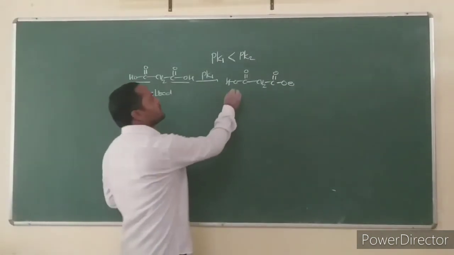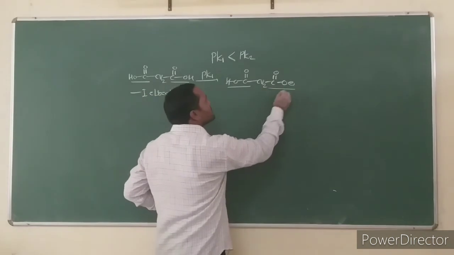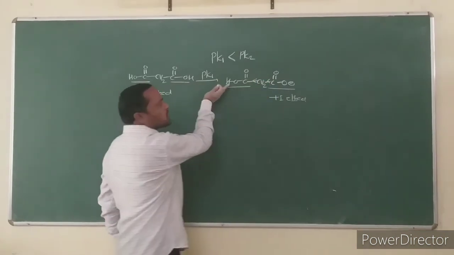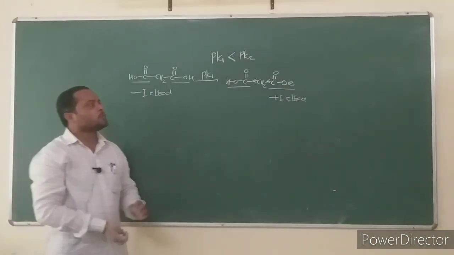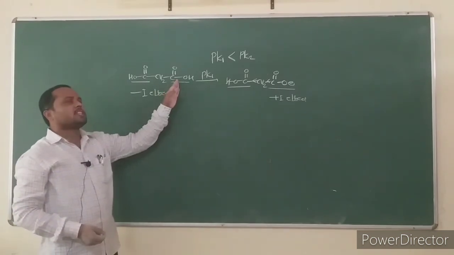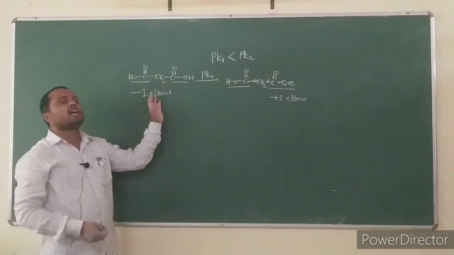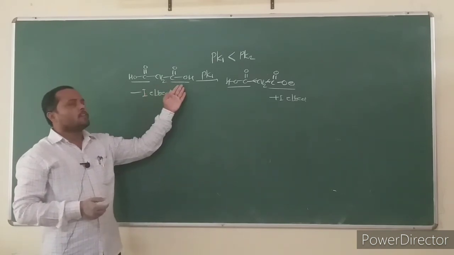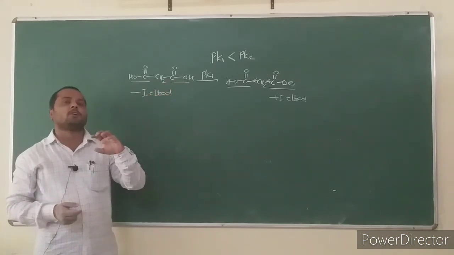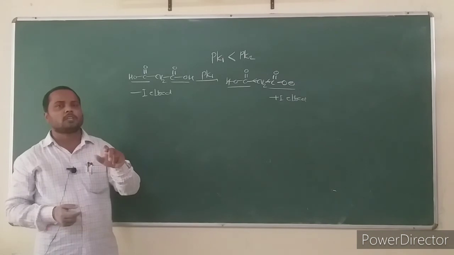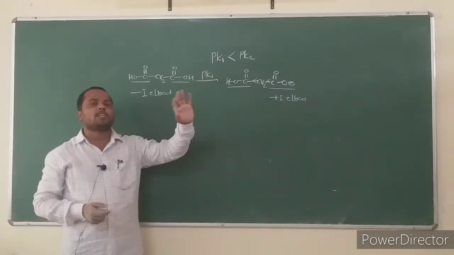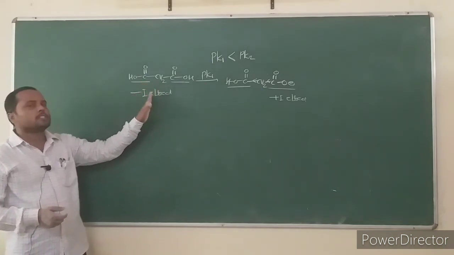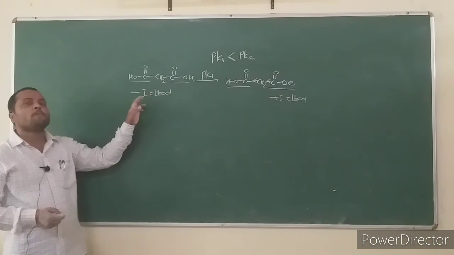But in the second dissociation, this carboxylic group generally has the plus I effect. It generally donates electrons to the second carboxylic group, and due to this reason, in the first dissociation of the first carboxylic group, the second carboxylic group generally helps dissociation because it has the minus I effect. In dicarboxylic acid, two carboxylic functional groups are present and two dissociations occur. The pK1 is always smaller than pK2 because in the first dissociation, the second carboxylic group helps dissociation because it has the minus I effect.